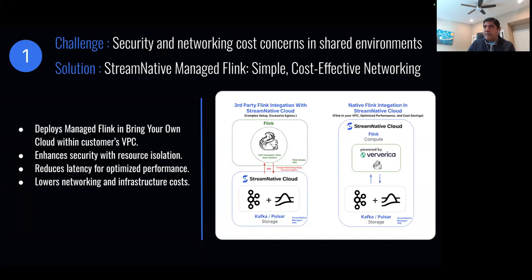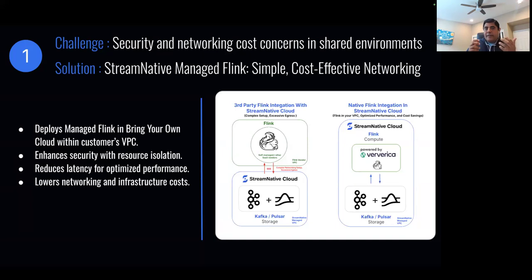And then the second one really is, as enterprises are successful with setting up the environments, very quickly you realize that there are these two different networks, where your Flink environment, which is the processing engine, and where your data, which is getting produced from all your sources, are living. And there's a thick line of network which is separating them, hence driving all the network infrastructure costs, or other cross data transfer costs, right? So we've heard this many times from our customers.